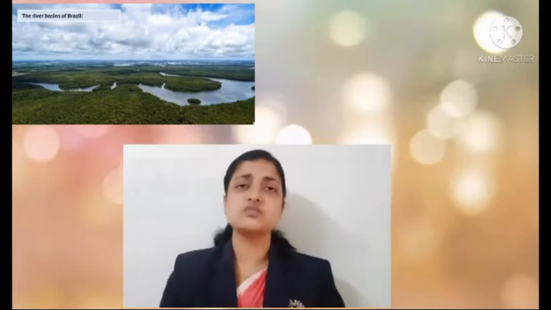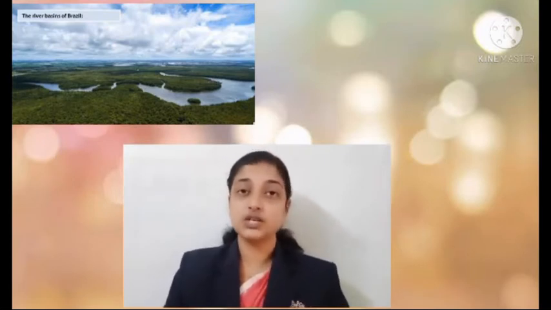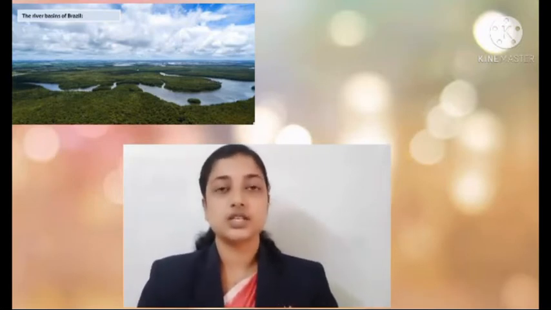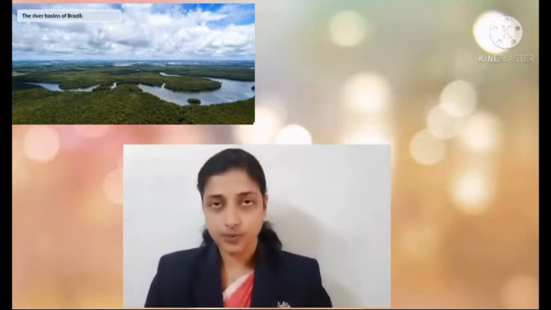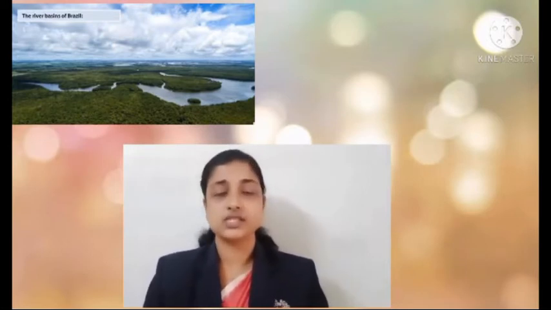Amazon River receives huge discharge. Huge discharge means more water, sediment, silts, sand, etc. It's about 2 lakh cubic meters per second. As a result, the Amazon washes off the load supplied to it from the catchment. Catchment means from where it is getting the water. That means it is getting the water from the eastern slopes of the Andes Mountain in Peru. Because of this reason, it is not bringing the sediments at the mouth.